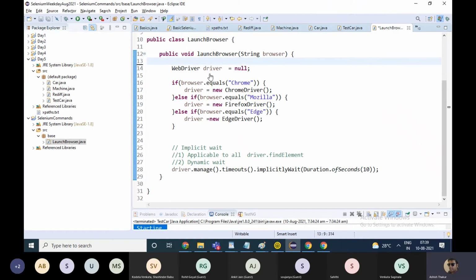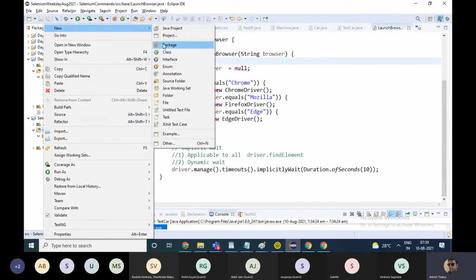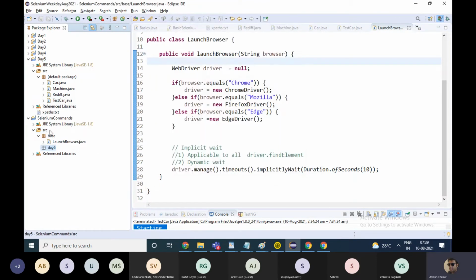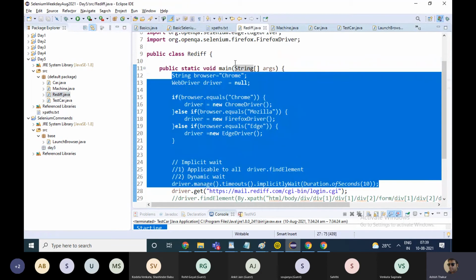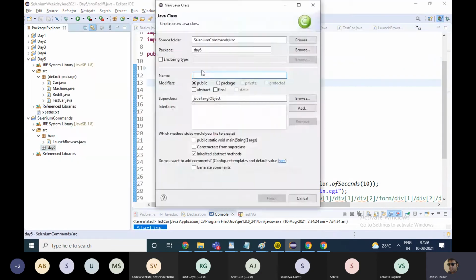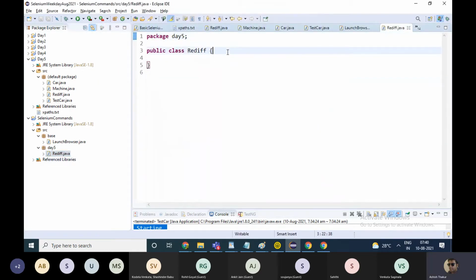Okay, and suppose I have another class. I'll make a new package known as day 5. Today is the fifth day, and we had made this rediff.java, right? So I'm going to make the same class rediff.java over here, and we'll make a testng test case.